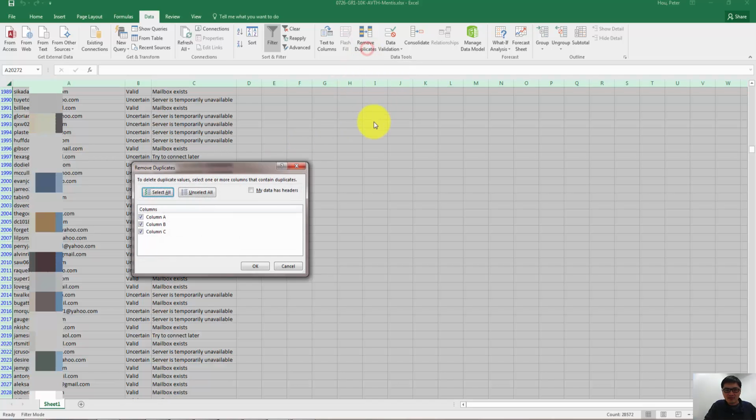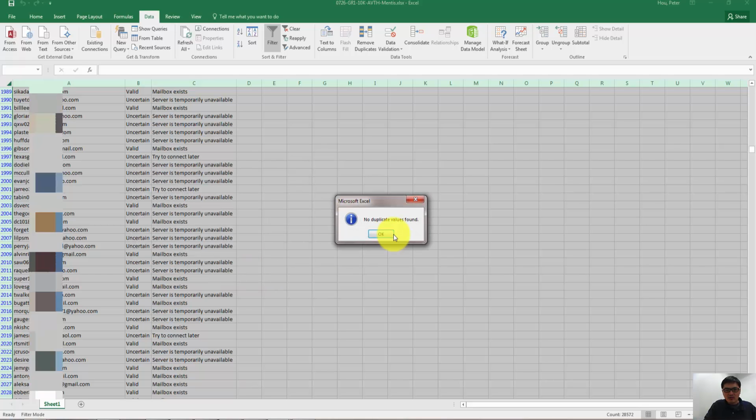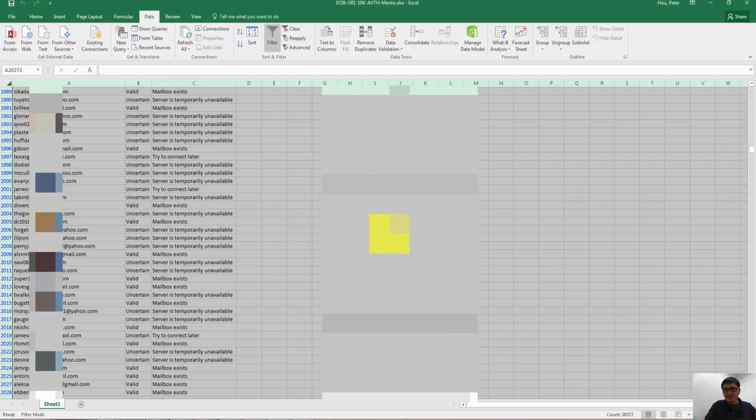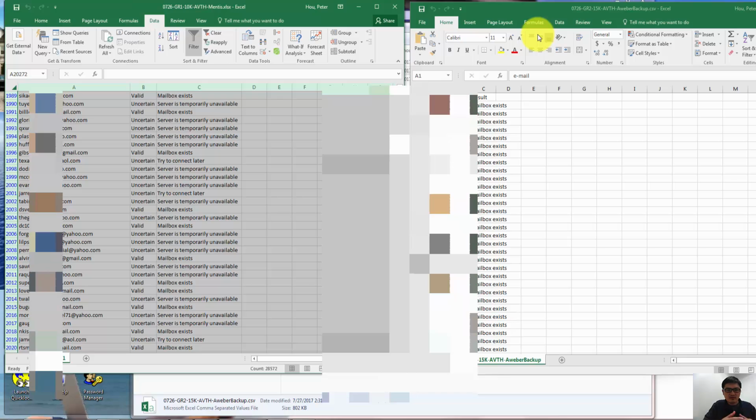First you have to highlight all, and it will ask which column you want to select and compare: column 1 with email, column 2 the status, or column 3 the explanation. For example, I just want column 1 to have no duplicates. So we all know that. But the problem is you might have another email list, which you just did the cleaning on. I just have my email clean,